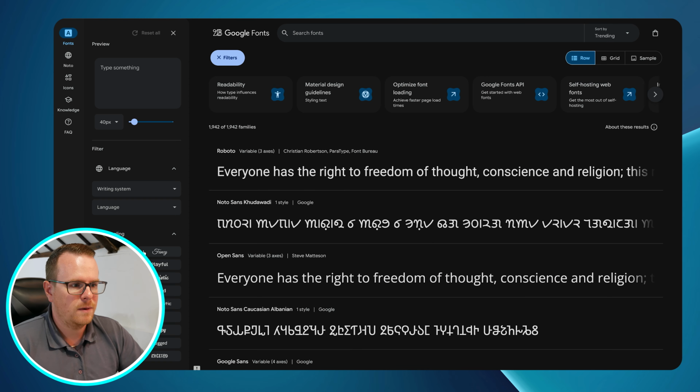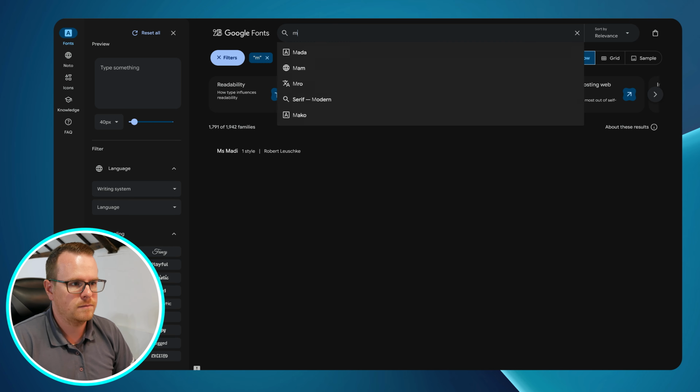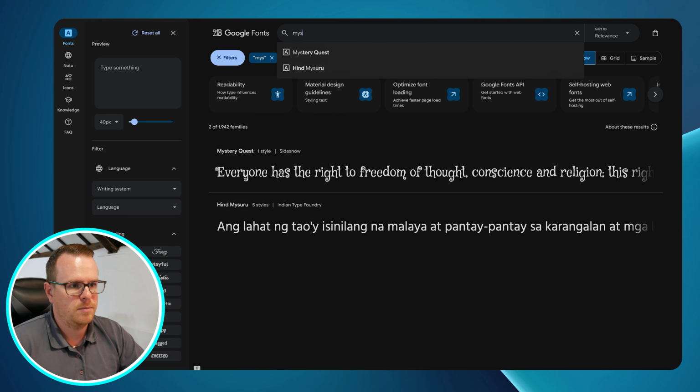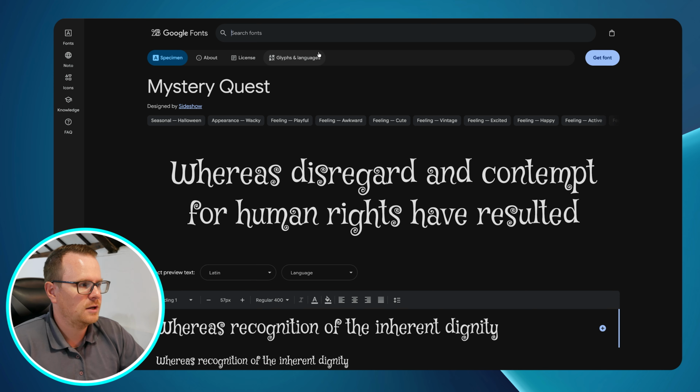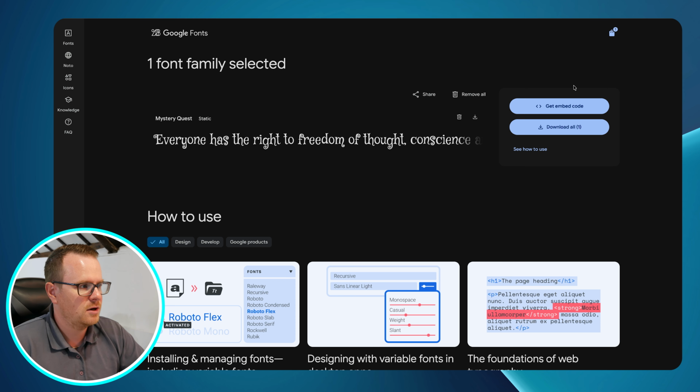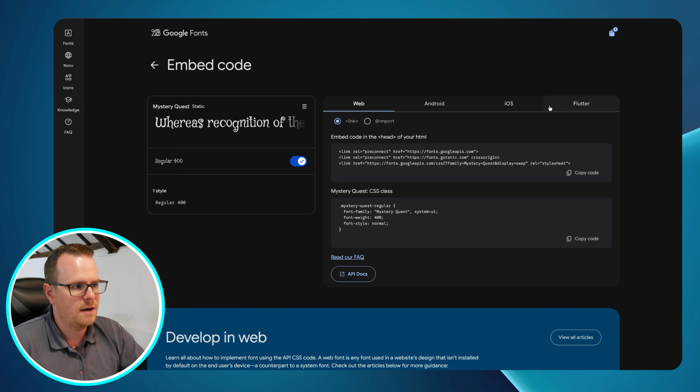Okay, so on the Google Web Fonts, we can search for a font. And perhaps we like this one, and we just click on Get Font, and then Get Embed Code. Okay, and we just want to swap this over to the @import option. Right, these are the two bits of information we need, the style tag up here and the example CSS class over here. So we're going to get those. Click on Copy Code